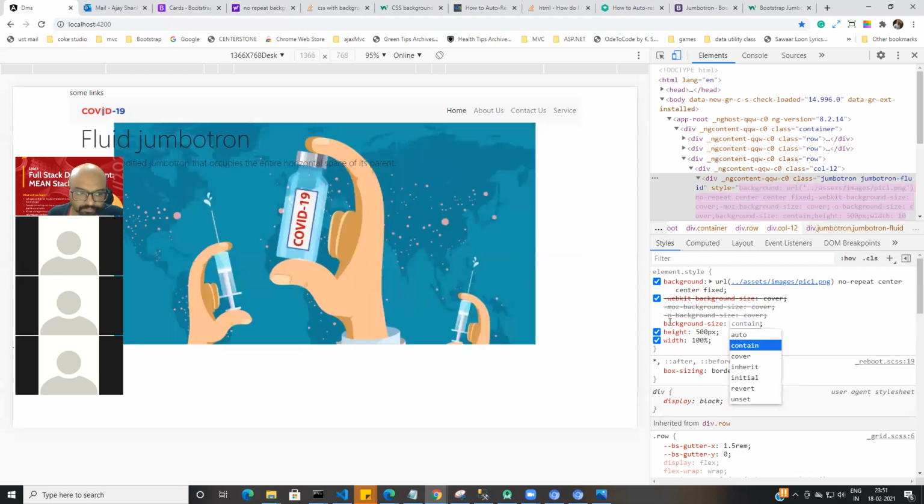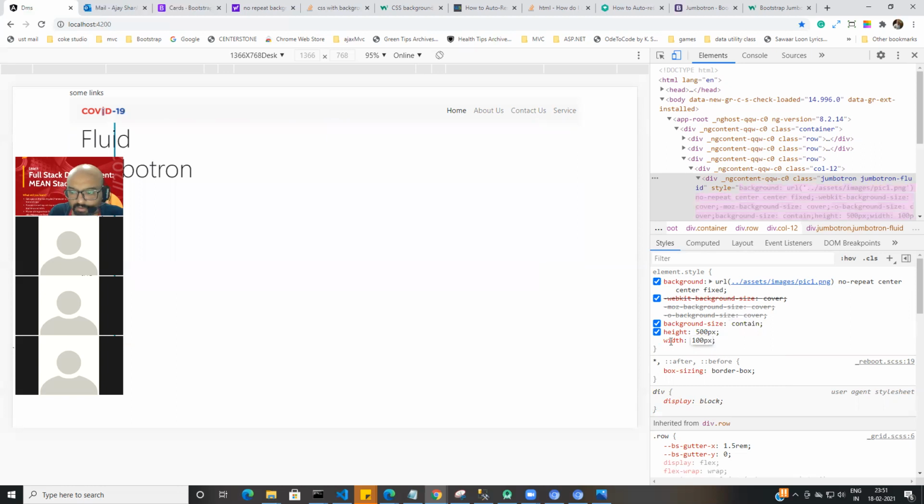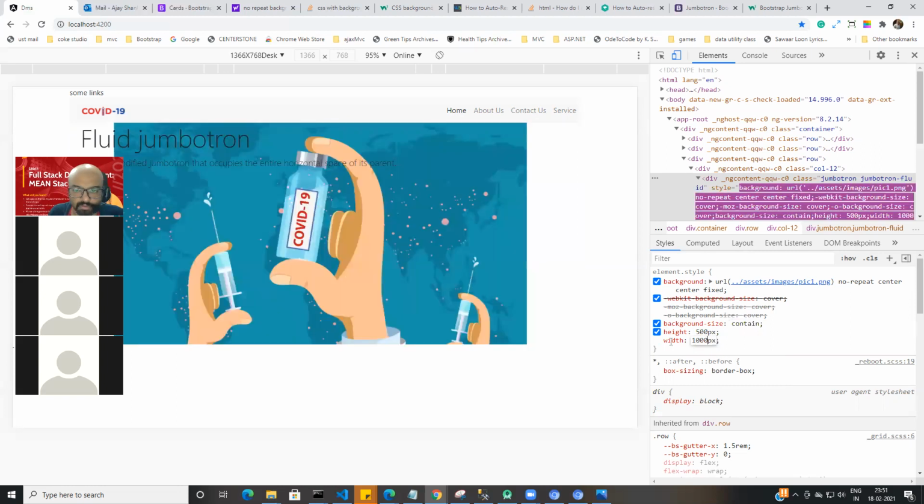If I say contain, whatever width it has, it will take the same. So if I wanted to go end to end, I may need to increase the width of it. See, okay, better I would say.